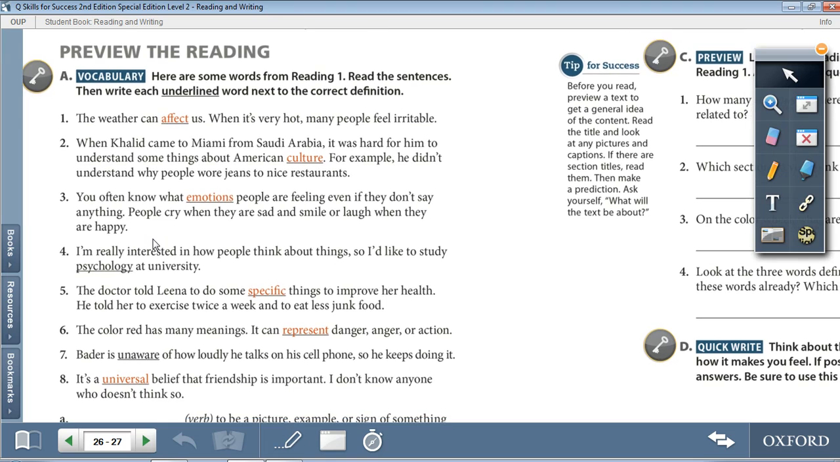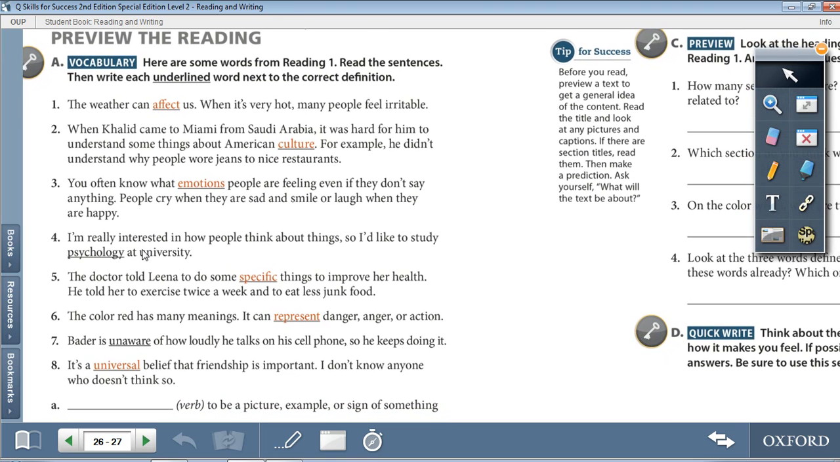In the vocabulary activity, here are some words from reading 1. Read the sentences, then write each underlined word next to the correct definition. So let's read the sentences first. 1. The weather can affect us. When it's very hot, many people feel